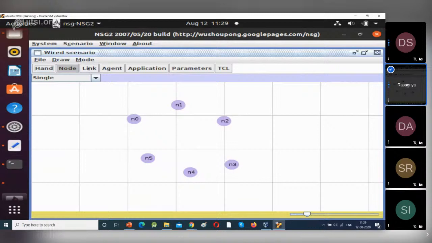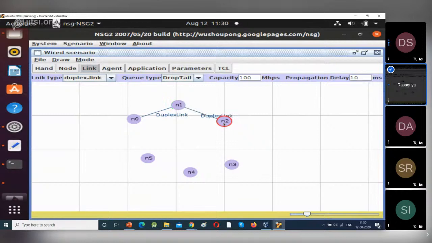Now we have to link these devices, so go to link. I am selecting all the default values. Now connect these devices in the form of a circle: N0 to N1, N1 to N2, N2 to N3, N3 to N4, N4 to N5, and N5 to N0. Now we have connected all the devices in the form of a ring.